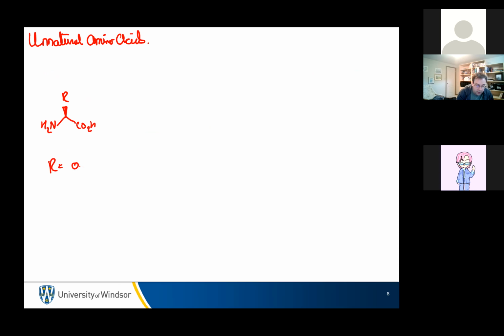So basically, natural amino acids, R equals 1 of 20 things. I'm going to say about 20 because there are 20 canonical amino acids in mammalian things, but then we have a few other ones which people would argue, it's not all that unnatural. You know, the enzymes are designed to cleave things like ornithine or citrulline or homocysteine or selenomethionine. You know, there's another 10 or so amino acids which are pretty freaking common. But you start messing with the R group substantially, you make something like, I don't know,